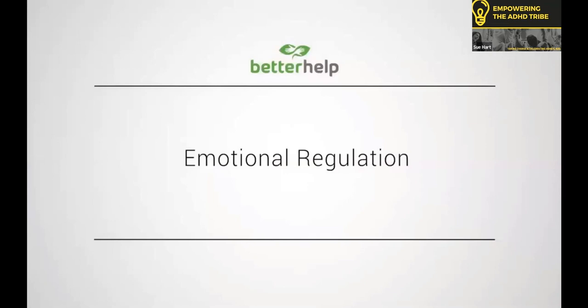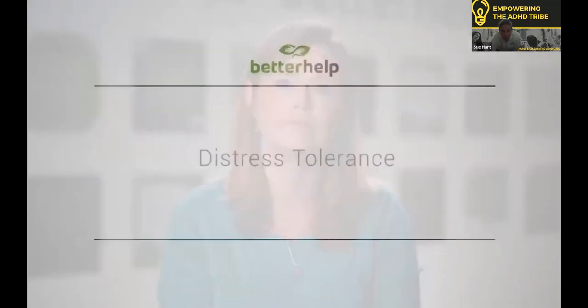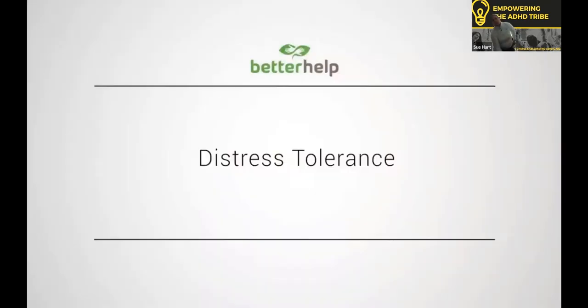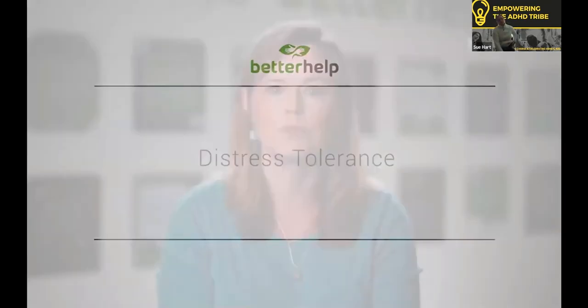The second skill that DBT teaches to people who have borderline personality disorder is emotion regulation. And there's a couple different aspects of this, but essentially it's the idea of learning to be comfortable with and accepting of your emotions, and then learning how to manage difficult emotions so that they don't end up controlling you, but that you have the ability to choose how you react in any given situation, despite what you might be feeling in the moment.